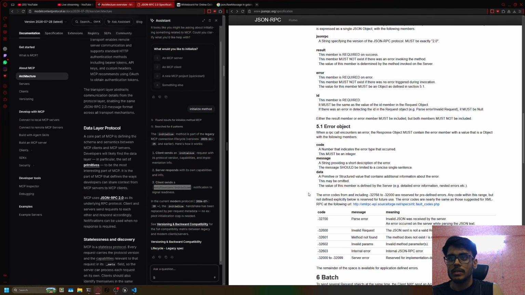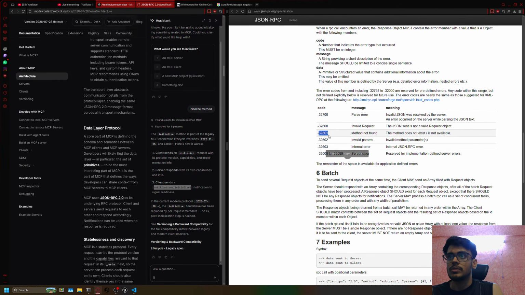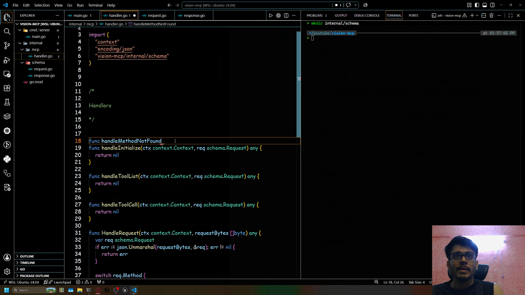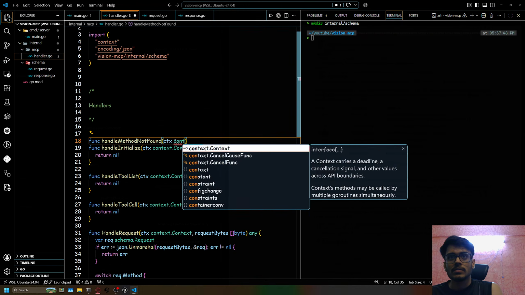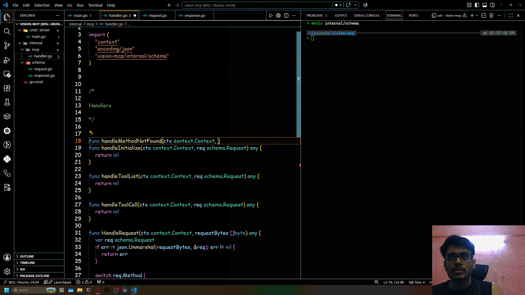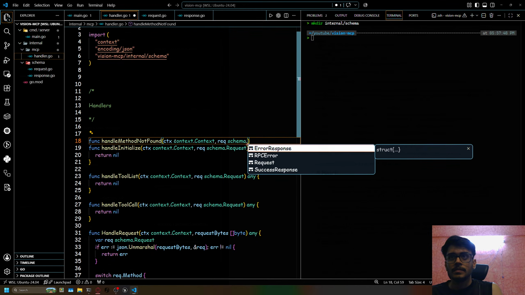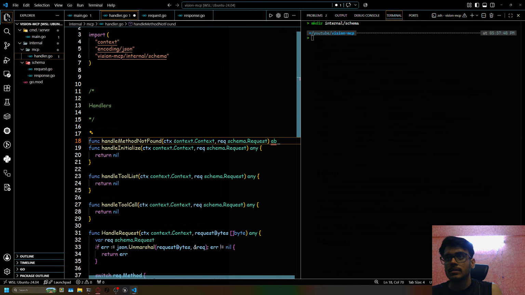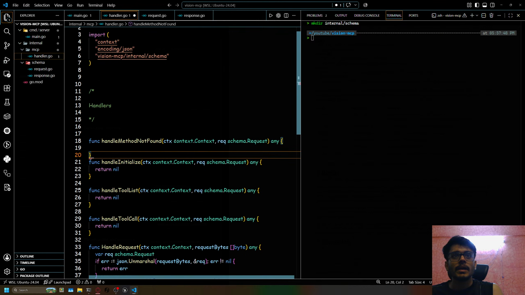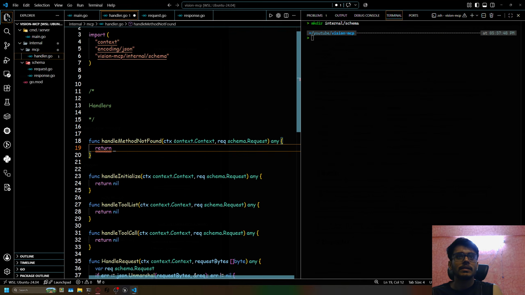And if the method is not there, I have to return this. So it takes context and request with schema.Request any, and here I can return my first error handling function, which is